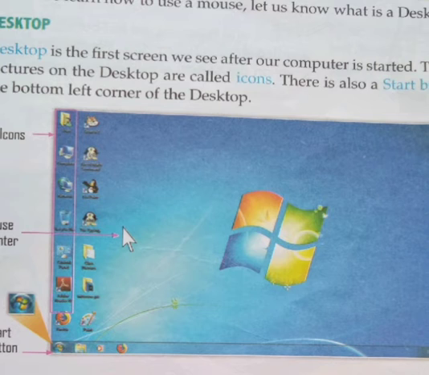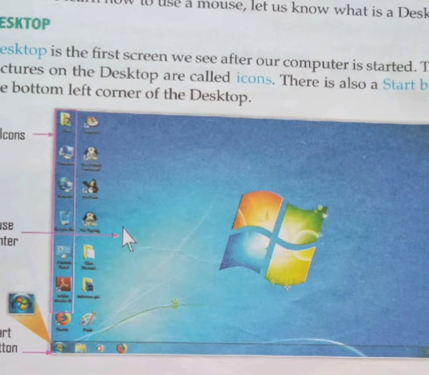With this button we can start our desktop. And small pictures which we can see on screen are called icons. Okay, next is